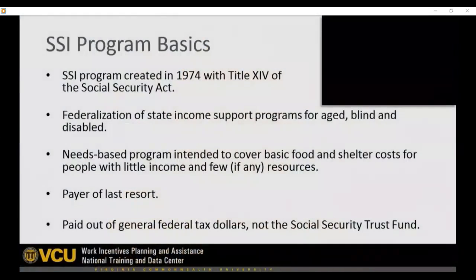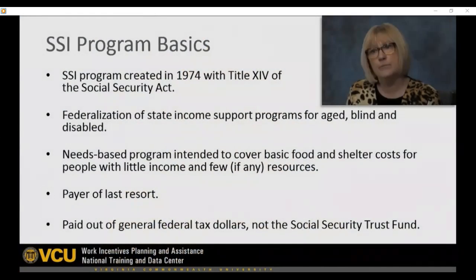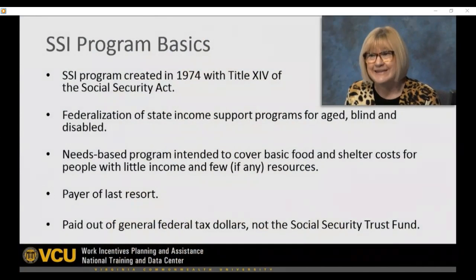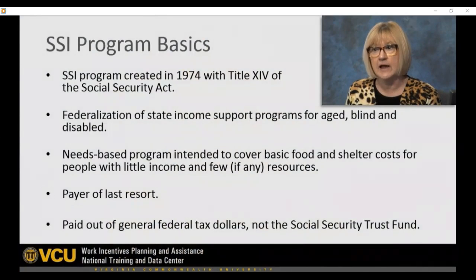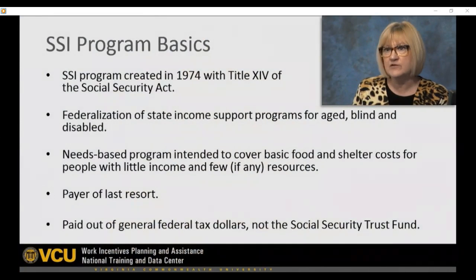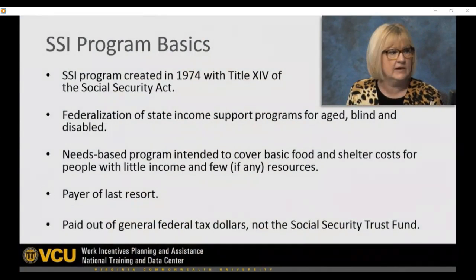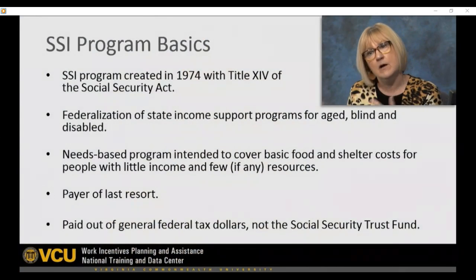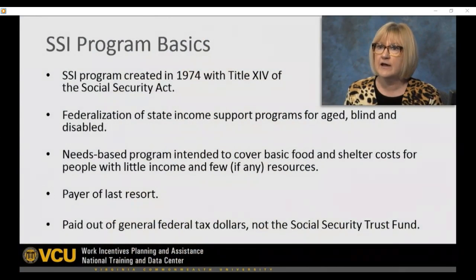So the SSI program was created in 1974 by the passage of Title 16 of the Social Security Act. A lot of people don't realize that this wasn't part of the original disability legislation from 1956. It came almost 20 years later. And just a little history of the program, the way that this all was established is individual states had income support programs